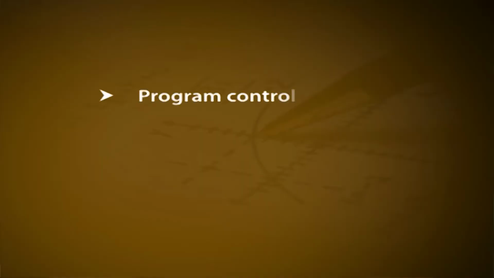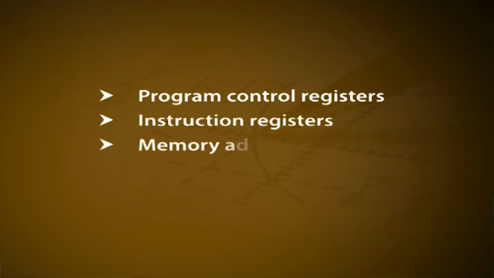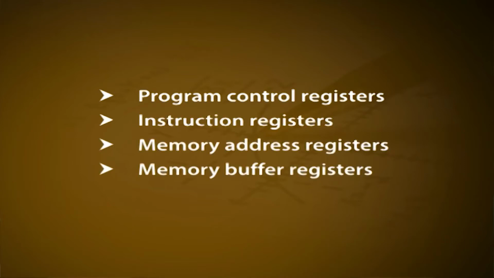Control unit. The control unit selects and interprets program instructions and then coordinates their execution. It has some special purpose register such as program control registers, instruction registers, memory address registers, memory buffer registers, etc., and a decoder to perform these activities. Each instruction is accompanied by microcode, that is, very basic directions that tell the CPU how to execute the instruction. Since the control unit controls and coordinates the entire computer system, it can be thought of as the central nervous system for all other components of the computer.